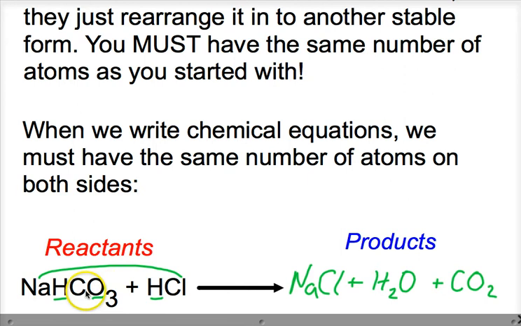But hold on a minute, let's take a look at this, because we've got to make sure that every atom is accounted for in this reaction. We've got to make sure that for every atom here, we have the corresponding atom here. Remember, they've just rearranged, we haven't made anything new. So we have one sodium here, one sodium on the right. We have two hydrogens on the left. There's our two hydrogens on the right there. We have one carbon on the left, one carbon on the right, and finally three oxygens on the left, where we have one here and two here. So everything matches up. So this chemical equation is balanced and the reaction